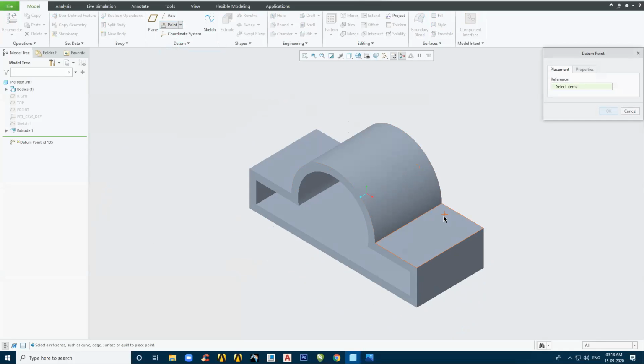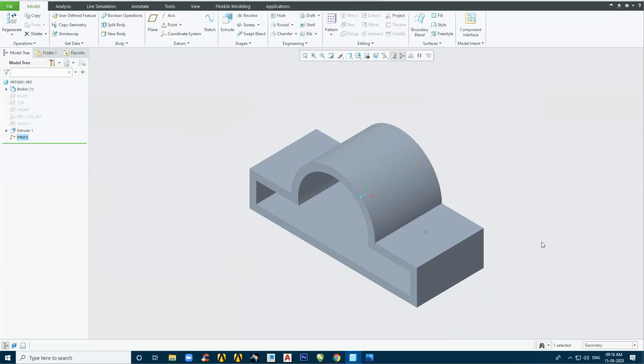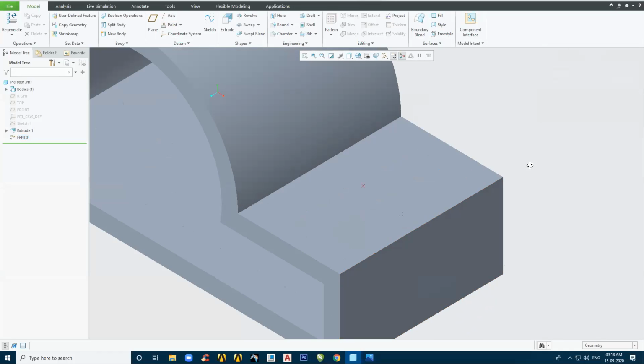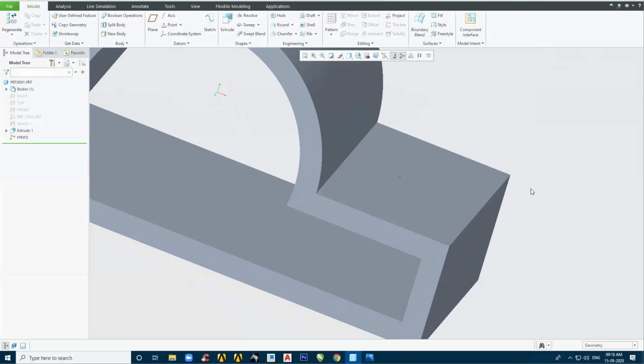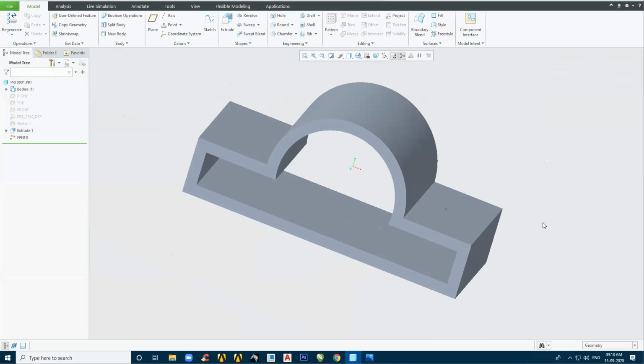After clicking on field, you can just go on clicking where you want the point. For example, you want the point over here, click on OK, the point will appear there. See that. Fine. But it's a non-parametric point because distances are not mentioned. Understood?